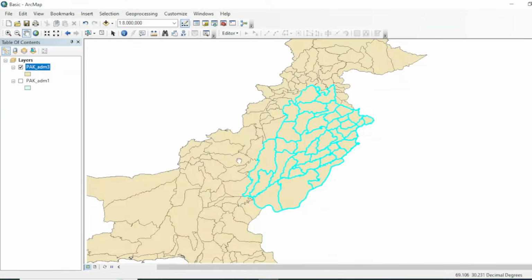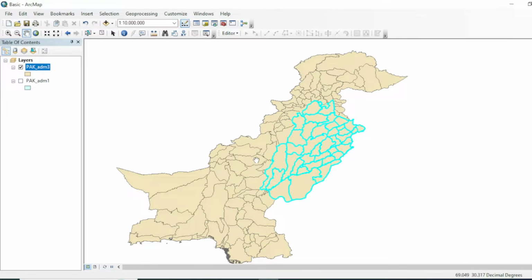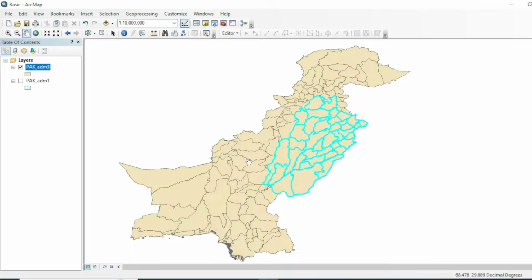Okay, so now your first task is to download the shapefile of your country, and you will select all cities of any of your provinces. And if you are from Pakistan, then your task is to select all the cities that lie in Balochistan or Sindh or KPK. Let's see that if you only want to select one feature from an SQL query, then clear your